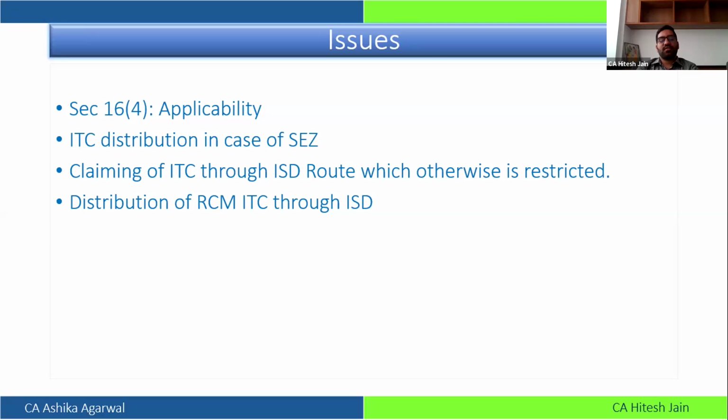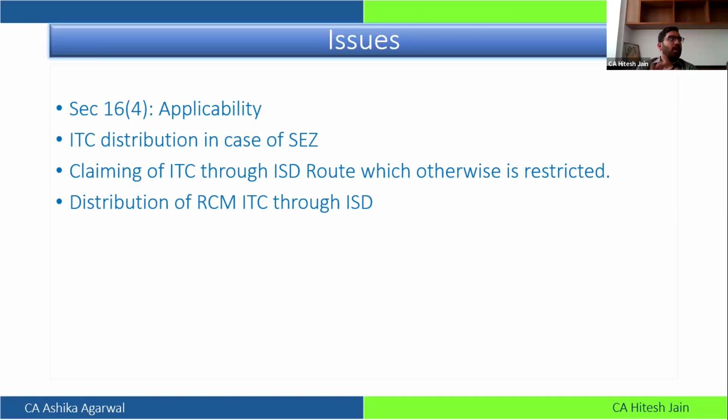The CGST and SGST of Delhi gets converted to IGST and gets distributed to other branches of the company. Another example: suppose I have my head office in Karnataka, I have an ISD registration in Karnataka only, and I have a branch office in Mumbai. But due to some reason, I have to conduct many conferences and those sorts of things in